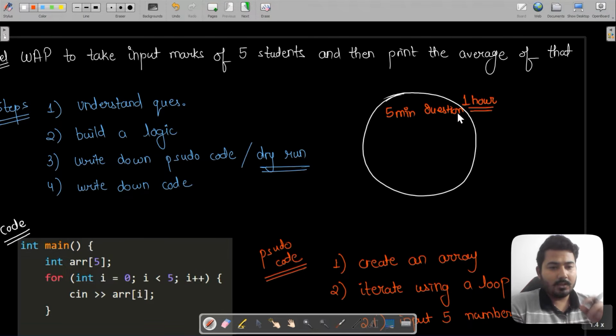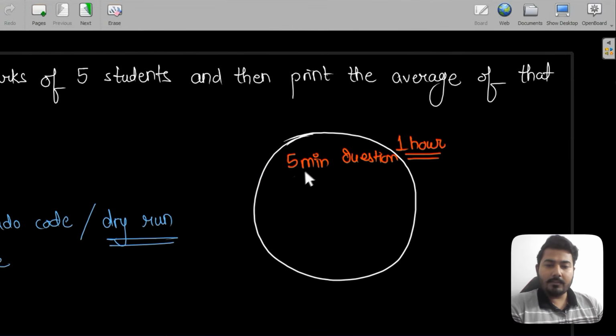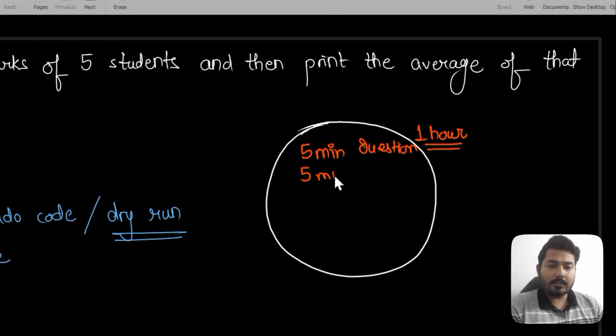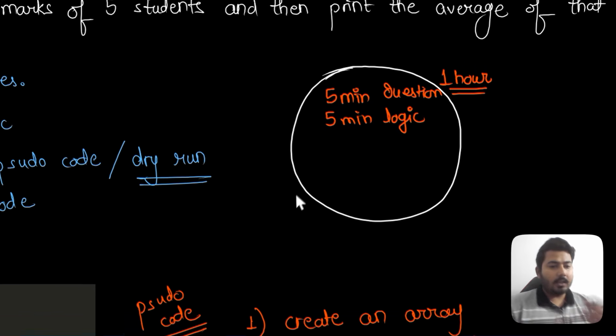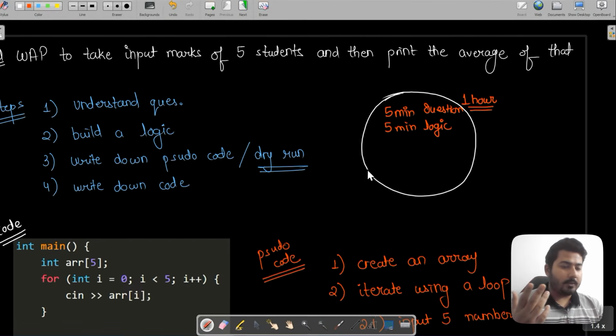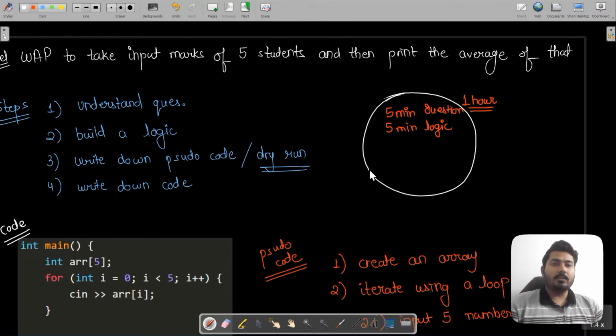That is a wrong approach. Do not take 1 second, 2 seconds to read the question. No, take 5 minutes, read the question twice, understand it properly, and then you will get to know what exactly you have to do. Then I will say the next 5 minutes you can spend on building the logic. Think about it. Think about the approaches that you have. Think about the different questions you have practiced. Using that, create an approach, and then move to the